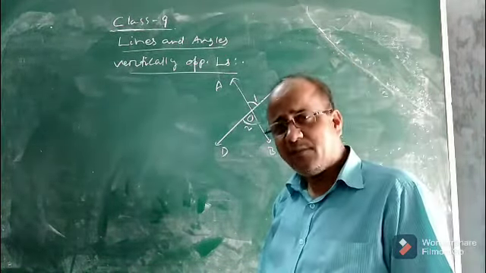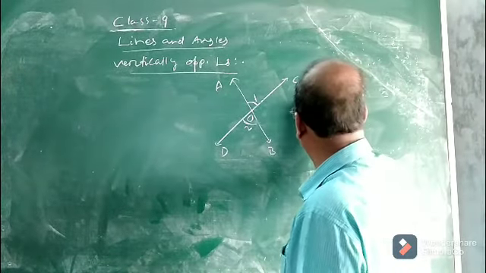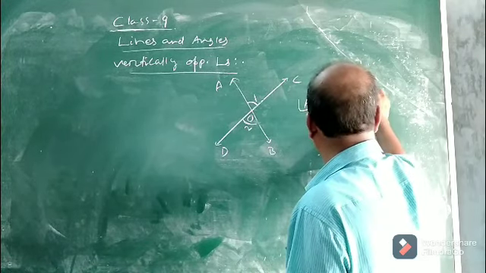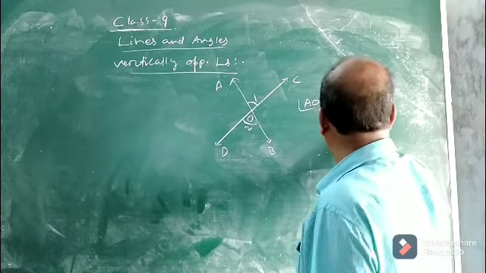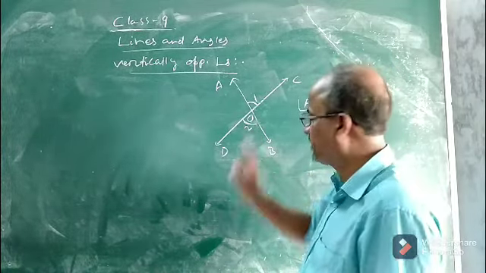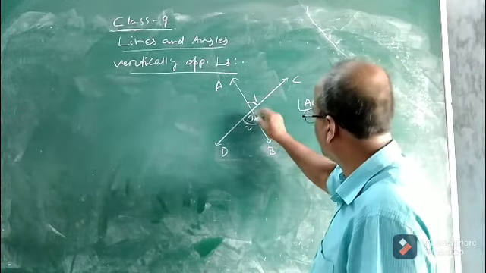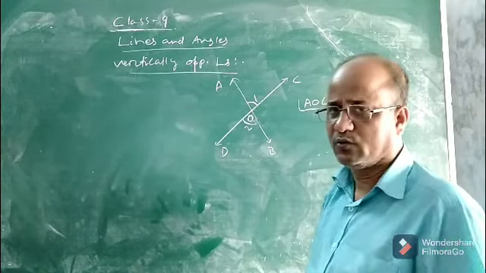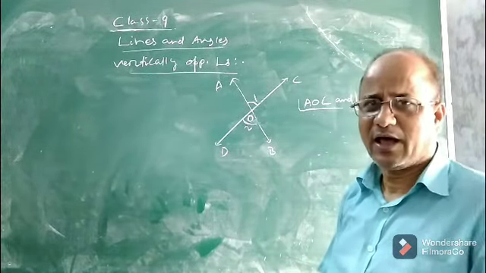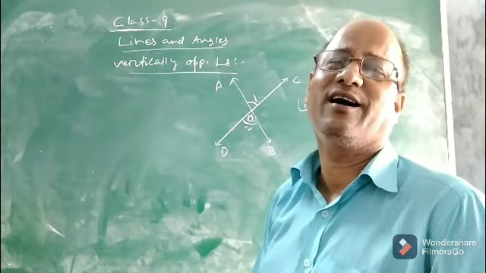Now if I ask you, do they have a common arm? We are considering angle AOC and this pair BOD, or DOB, whatever you say, that is angle 1 and angle 2. These two angles have a common vertex O. Do they have any common arm? Clearly the answer is no. They do not have any common arm.